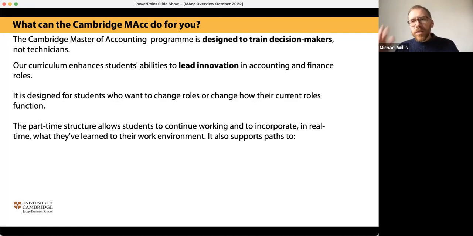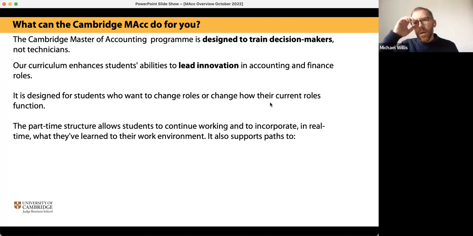We're a part-time program. We'll say more about the format in a little bit, but the strength of the part-time program is obviously it allows our students to continue working while they do the program. This is a strength from the learning perspective because it allows our students to apply what they've learned very quickly in their roles professionally. And that strengthens the learning process and it allows them to have immediate impact in what